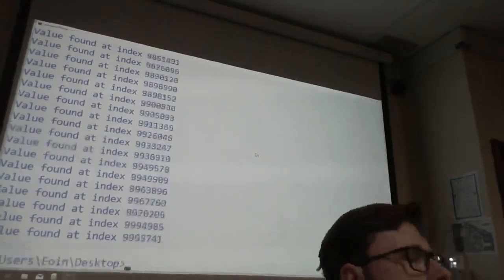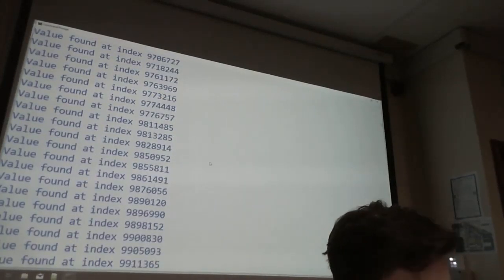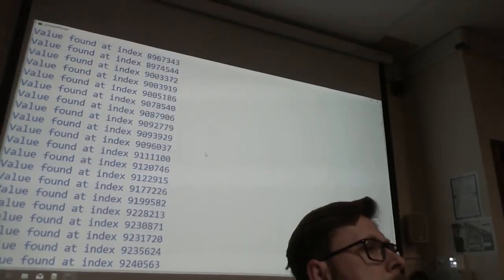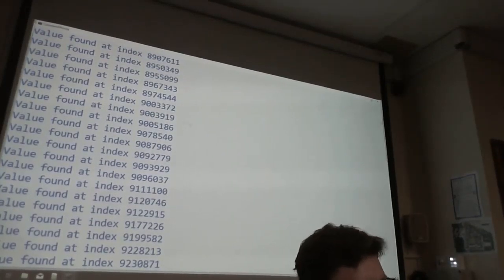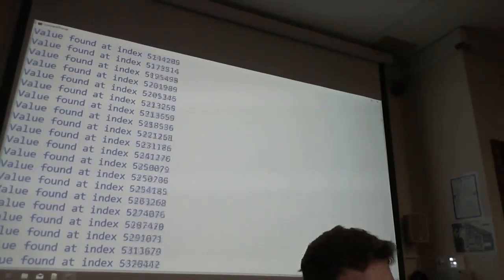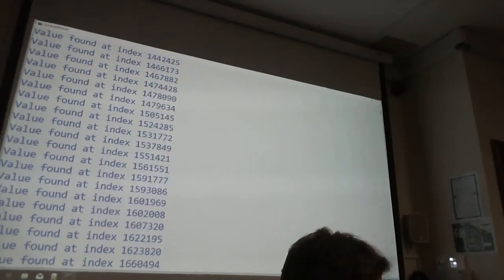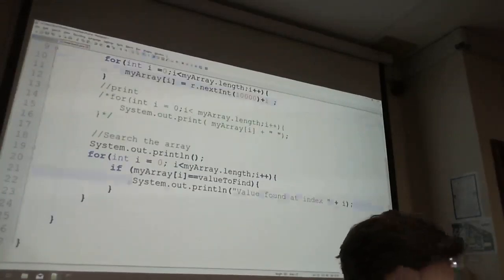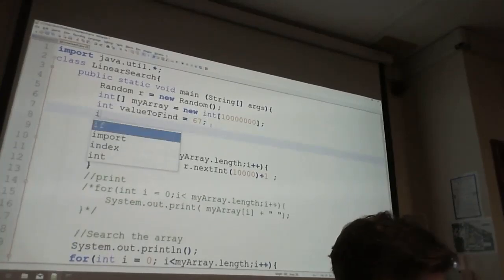When we have 10 million, there's going to be a sizable amount that we found. But even with that, jumping from 100 to 10 million is a huge jump in size, and it was still almost instantaneous working its way through the program. You can see that we found it a lot. If I were to get rid of the printout statement here and just have a counter,